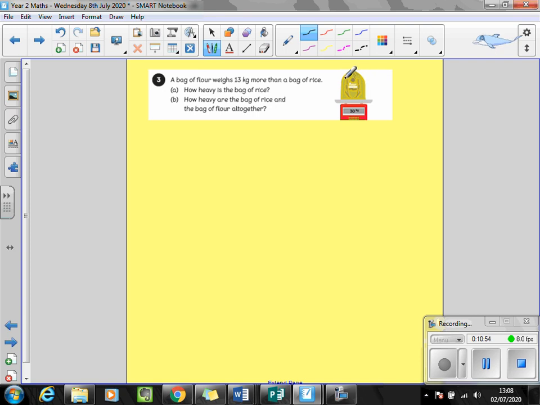Now, in the picture, we can see that this is a bag of flour. And the flour, I'm going to write it down to remind you, the flour weighs 30 kilograms. Now, if we go back to the original question, this might help us. A bag of flour weighs 13 kilograms more than a bag of rice. Question A, how heavy is the bag of rice? So if I know the flour weighs 30 kilograms and the flour is 13 kilograms more than a bag of rice, I have to take away the 13 kilograms extra that the flour weighs to give me the total weight